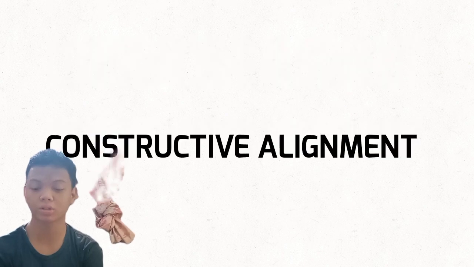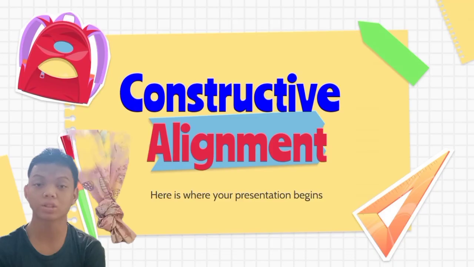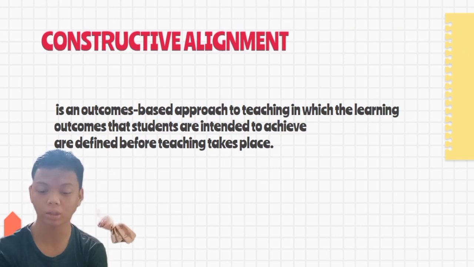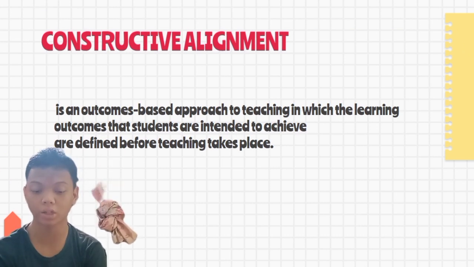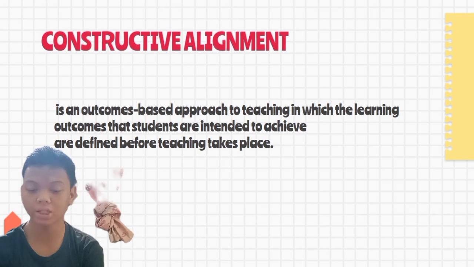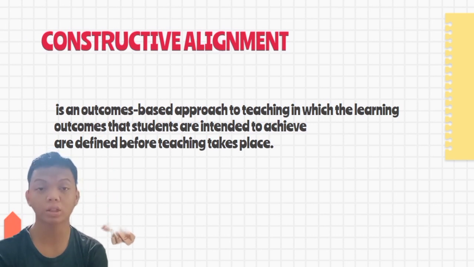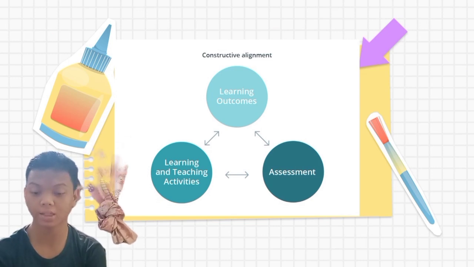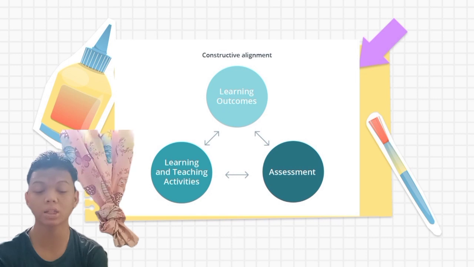And here is where constructive alignment comes. Constructive alignment is an outcome-based approach to teaching in which the learner outcomes that students are intended to achieve are defined before teaching takes place. Constructive alignment consists of three elements: teaching learning activities, assessment tasks, and learning outcomes, and it is constructed in